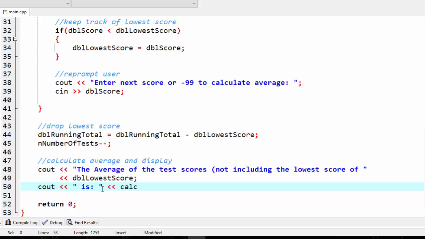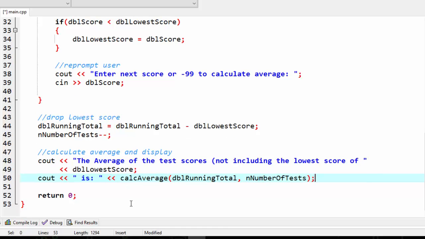and I'll call a function that I'm going to call calc average, and I'm going to pass to it double running total, as well as my n number of tests. Okay, and that will display that. Okay, so I'm going to declare this function and then